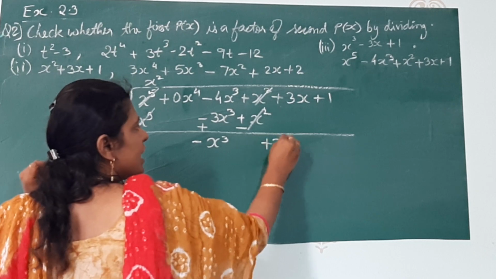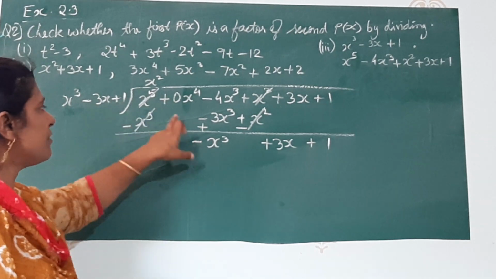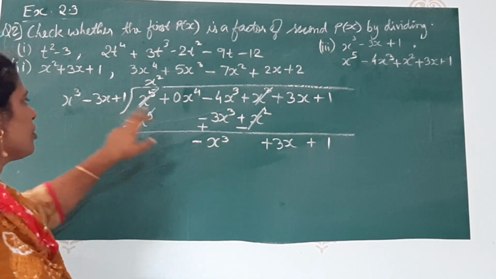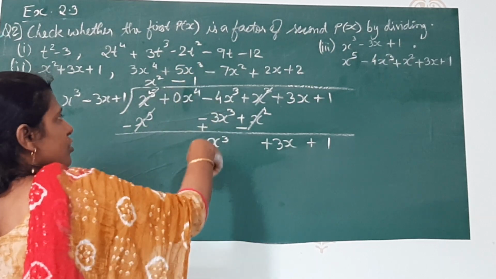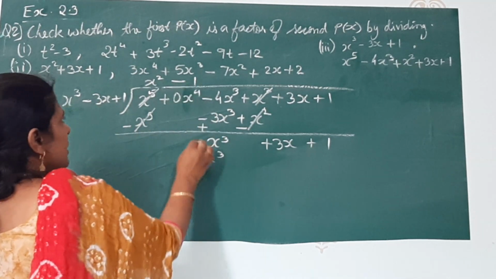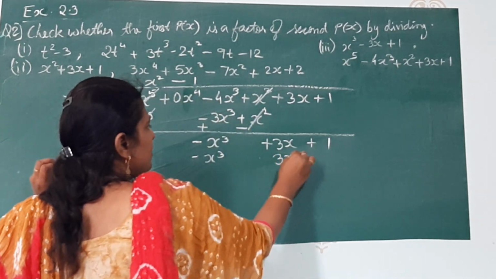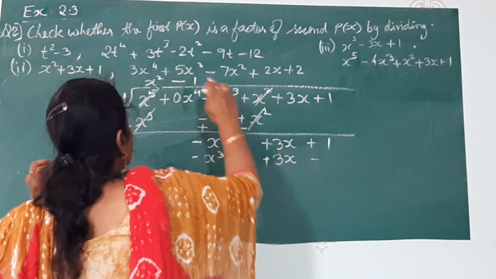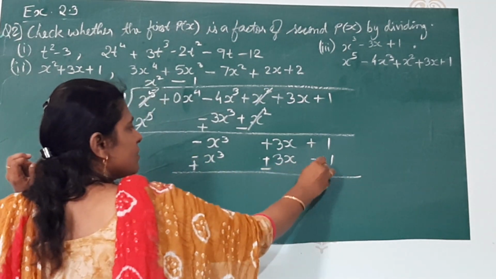Next we will take plus 3x plus 1. See, I am not taking 0, no need. If the number is given, we will write it here. There should be no confusion; if it is not there, then there is no need to take it. Now x cube and x cube same term, so here it is minus, so minus x cube, 1 is x cube, we have to write 1, so that 1 x cube, 1 is x cube, minus plus minus, then minus 3x, because it is 1, same numbers will come, but the sign will change, because minus minus will become plus, minus plus will become minus, 1 ones are 1. Okay, now sign change, this will become plus, this will become minus, this will become plus.